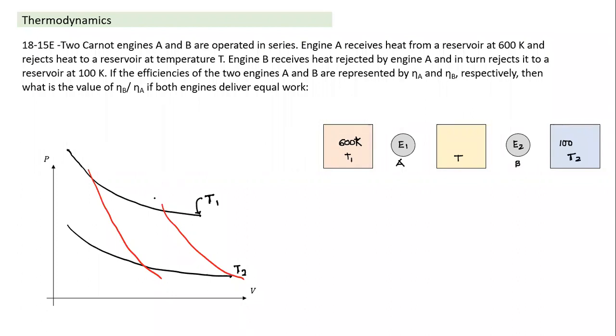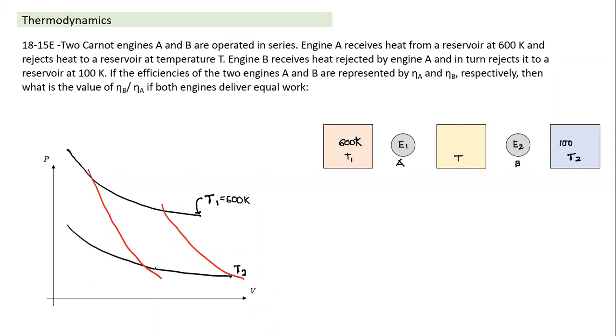If we want to understand this in terms of a PV diagram, let's go through that part again. This is temperature T1, the source temperature, given here as 600 K. The other side is the sink temperature. So basically two heat reservoirs are available. Just like two water tanks, there are two heat tanks, and we can draw heat from one and dump heat into the other, and in the process get work done.